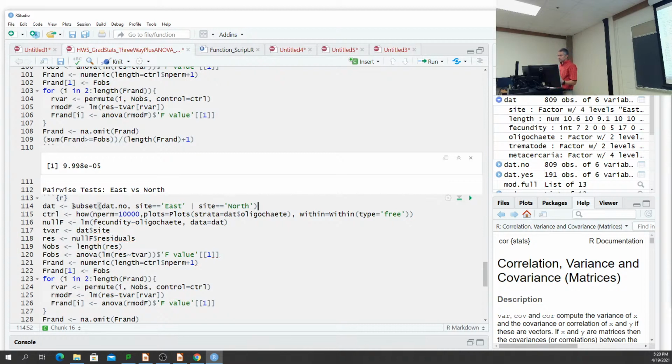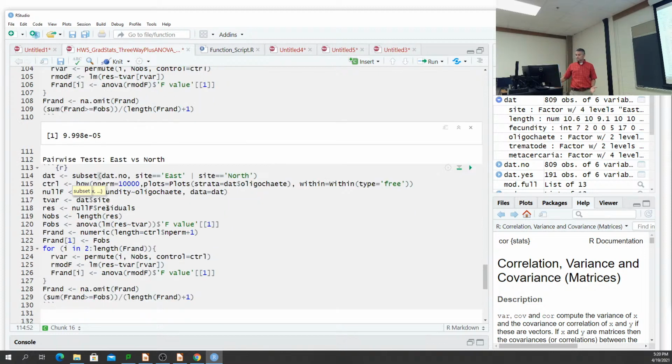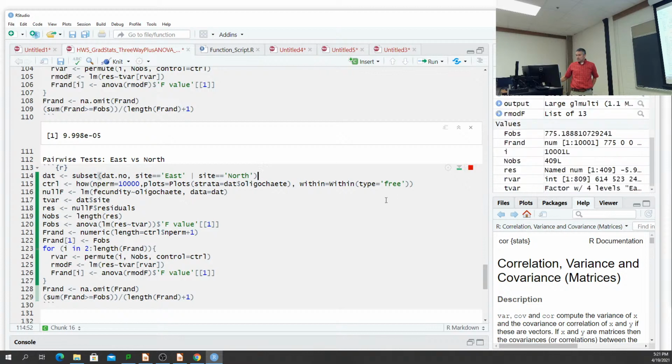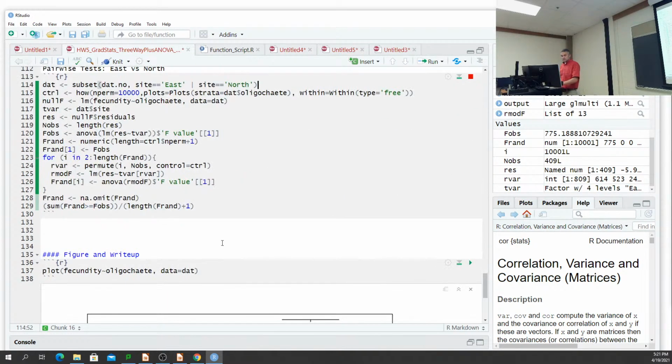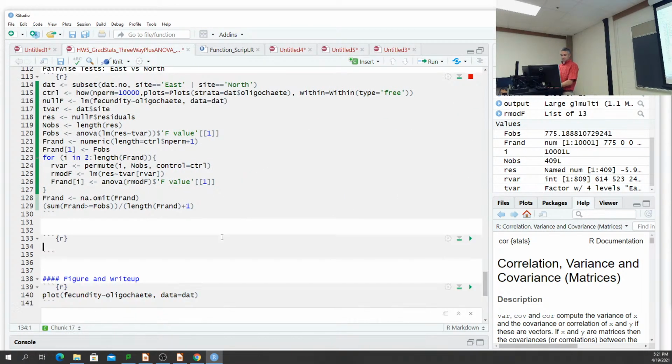So everything was all set up. I know it runs. So now what I want to do is only compare east versus north. And to do that, I'm going to make a subset of only east and north, and then when it runs, it's going to give me that pairwise comparison. But the p-value, we're going to have to save that, because we're going to have to adjust it. So once this finishes running,